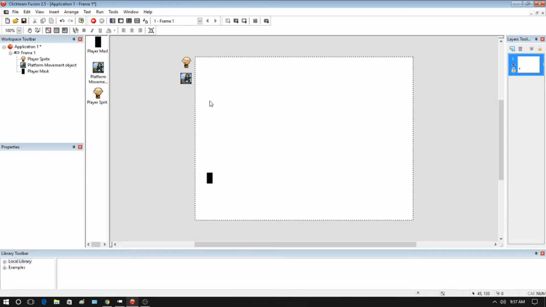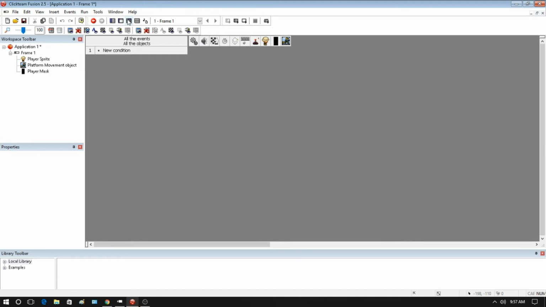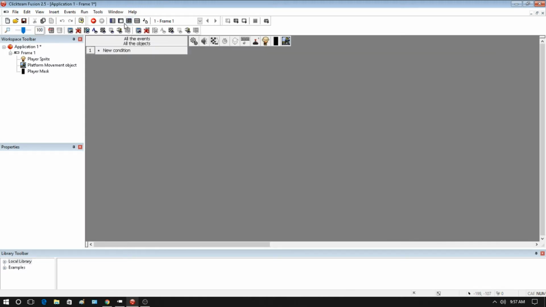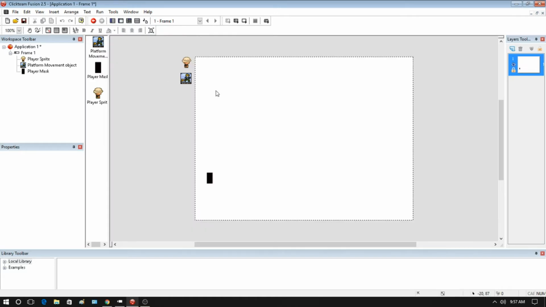And lastly, for our movements, normally you would go into the frame editor and you could program the movements here. But we're not going to be doing this, for reasons. Say if you want to create a new level, you'd have to reprogram or copy and paste all those actions again. The way I'm going to show you is the way that we don't have to keep doing that. So create one more object, so active,